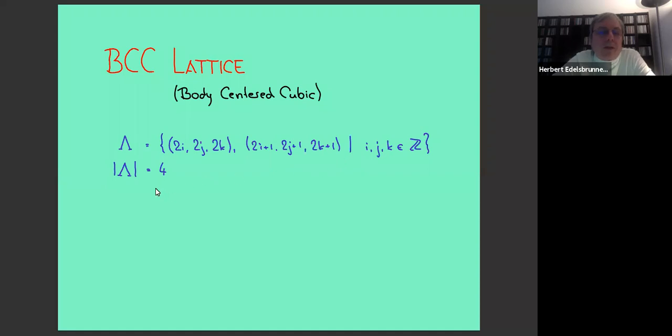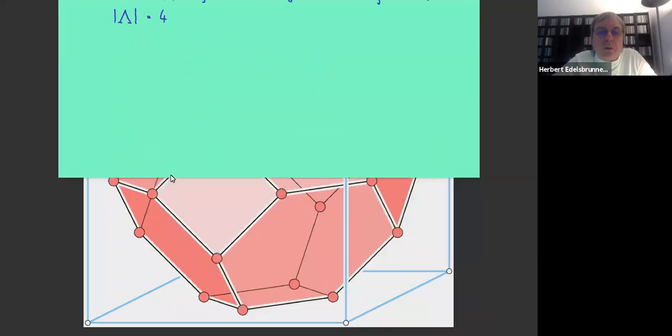And the fundamental domain of that has size 4. So I denote it by the norm of the lattice. And the way you see that is that the cubes of side length 2, they have volume 8, 2 to the 3rd. And I have twice as many points. So I give each point only half of the 8. So that's 4. And that's also going to be the volume of the Voronoi cell of a point,